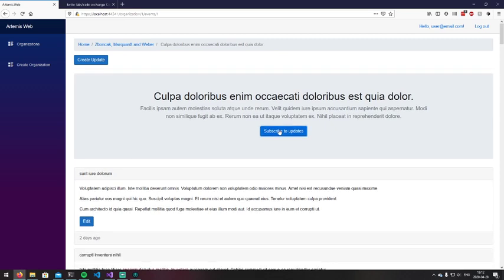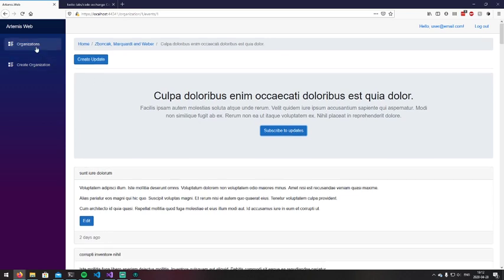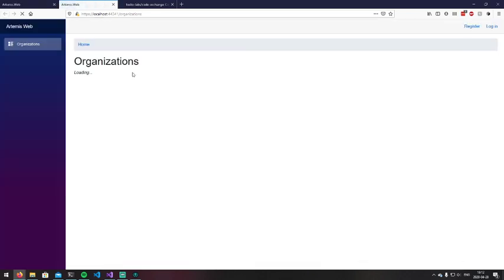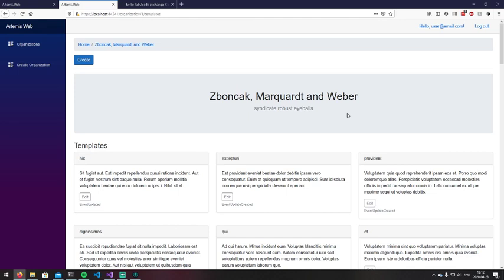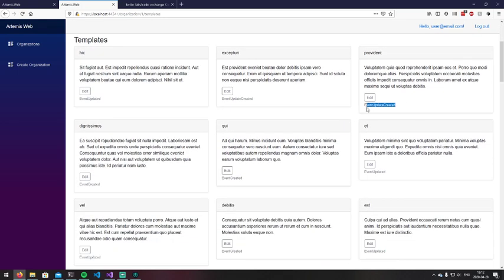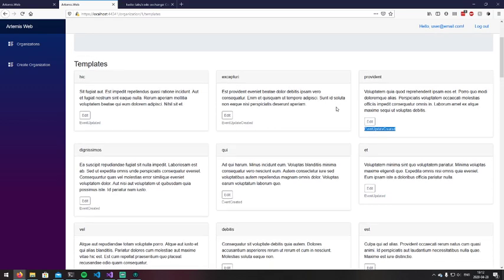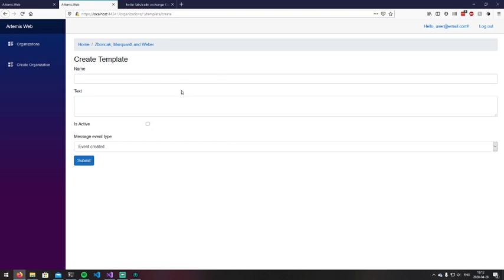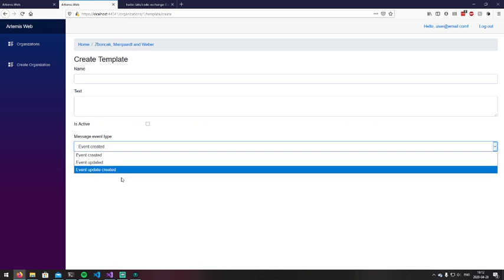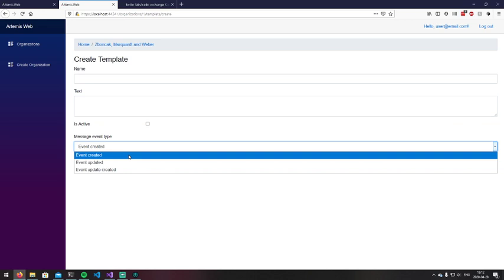So I can subscribe to this event, and what will happen is that if we go back to our organization for a second, once this loads in, we have a set of message templates. These message templates are essentially templates for the SMS messages that get sent out after a certain event occurs on the website. So if I wanted to create a template, I could name my template, tell it what text I actually want to be sent to my customer, and the event type that it will send after. Now these event types are a little limited at the moment, but